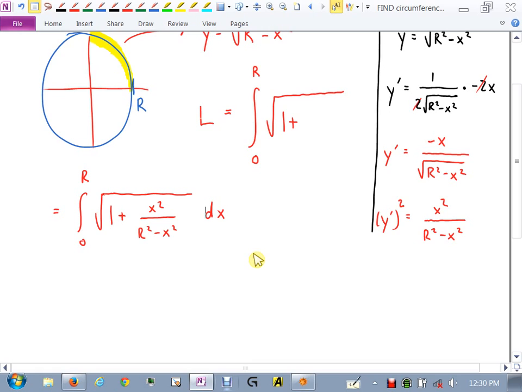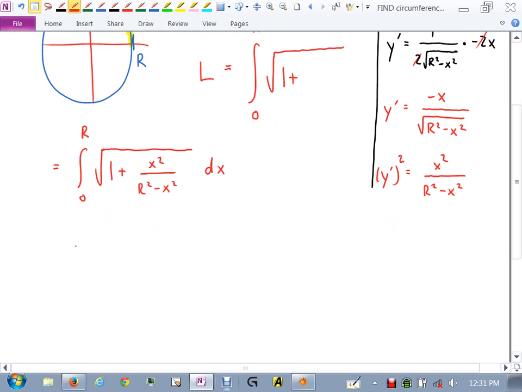How about we try and get the 1 plus that fraction, put them together, get a common denominator? Let's try and squeeze these 2 together. So if I did that, I have to put what over here? R squared minus x squared over r squared minus x squared. When I have r squared minus x squared on top and I add it to x squared, what's the only thing left? R squared. So this is going to be integral 0 to capital R square root of